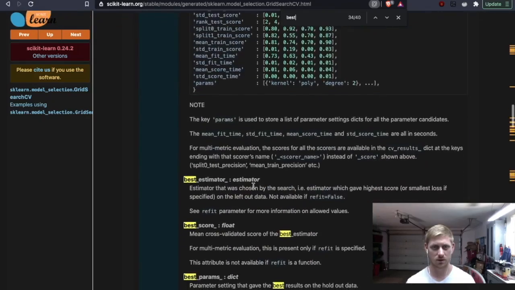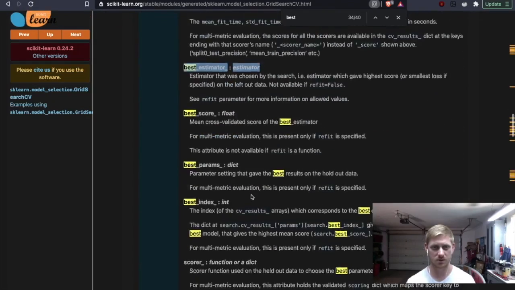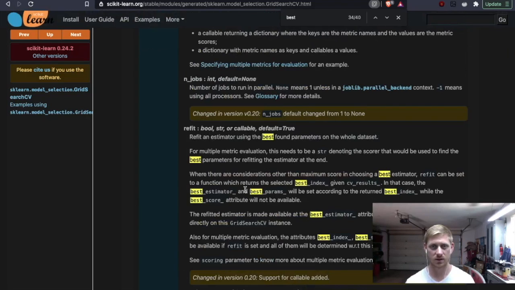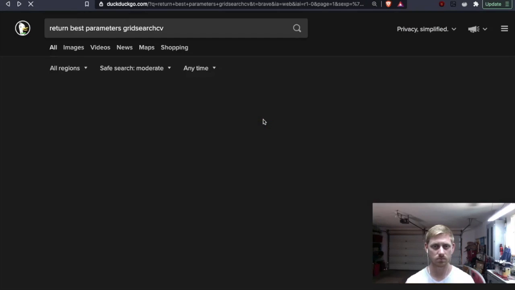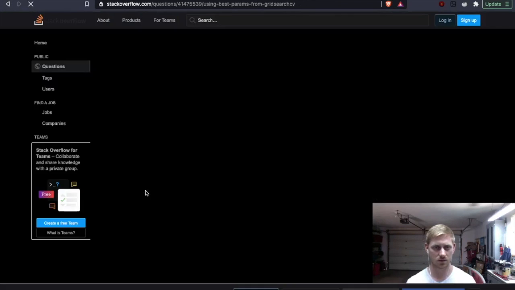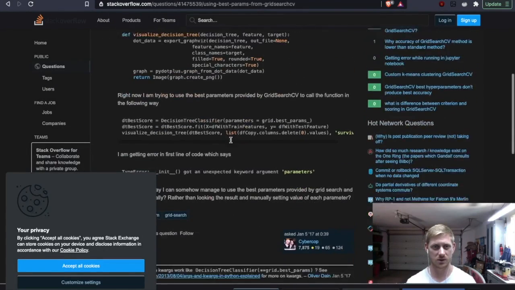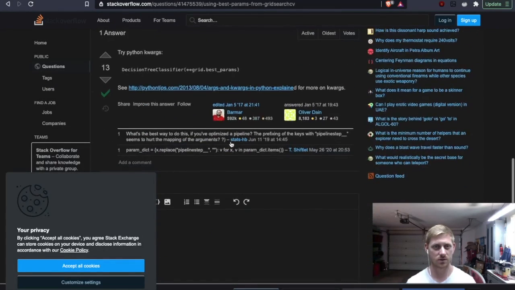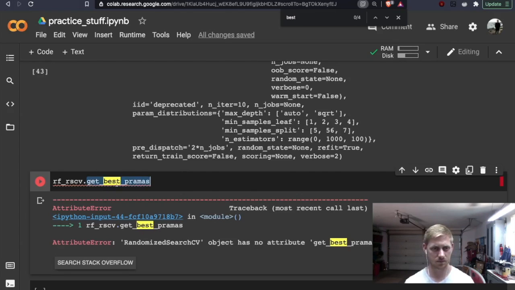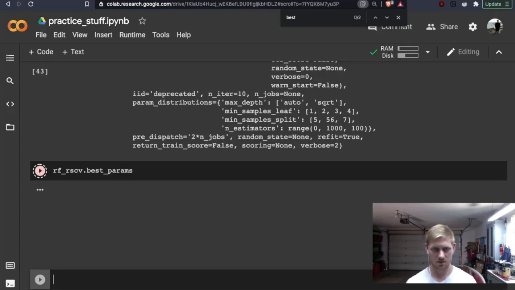Predict proba, the log, the best parameters, estimator, best. Nope. How do we return the best parameters? Is it really that? So it would be CLF or just best params. Right? Wrong? Am I right?